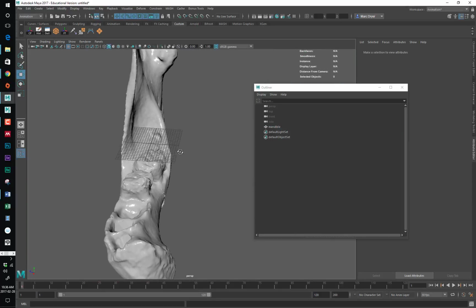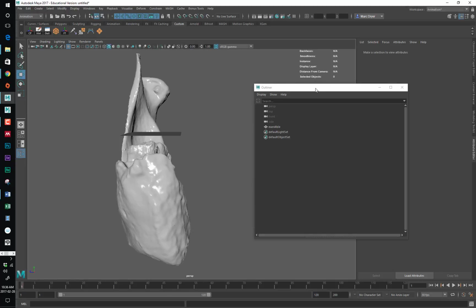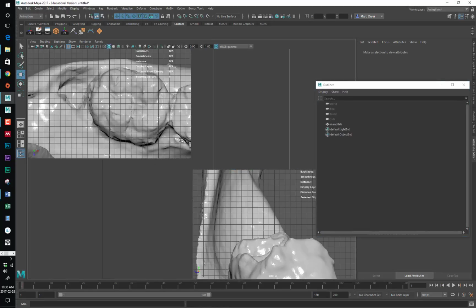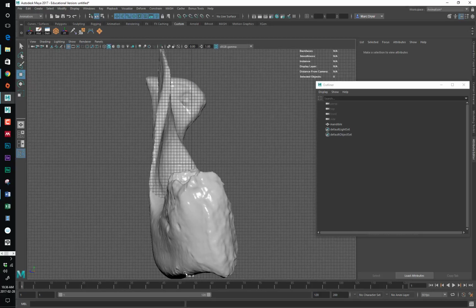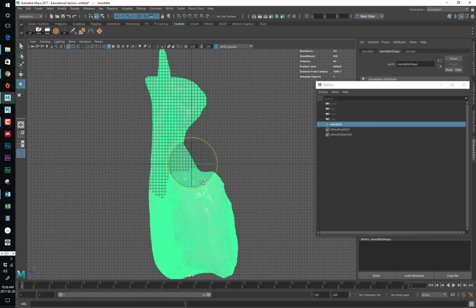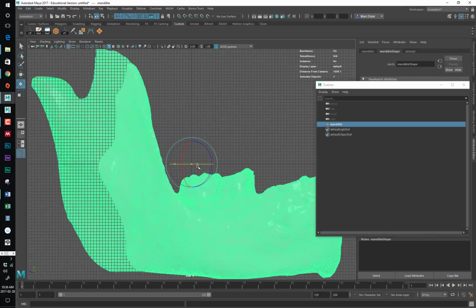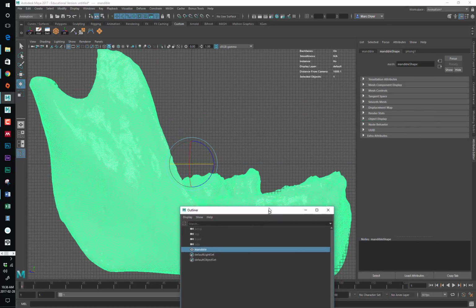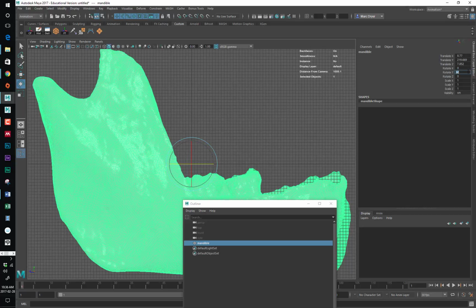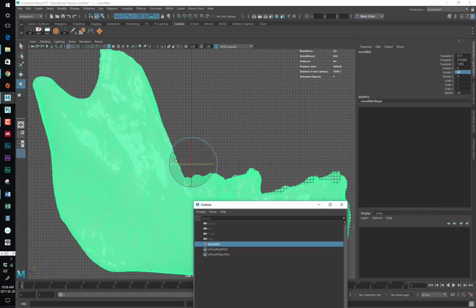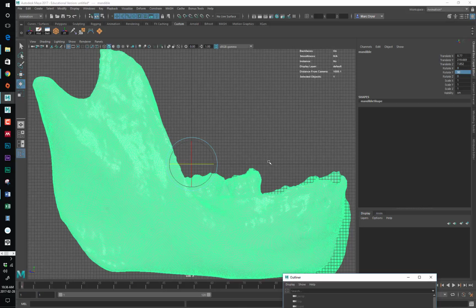And so now we have our model in the middle here, and if we look at it in the different views, you can see down here this says my side camera, but we're sort of looking at the anterior view here. So we may want to take this thing and hit E to rotate it, and if we start to rotate it and click on the channel box tab over here, we can type in 90 to rotate Y,